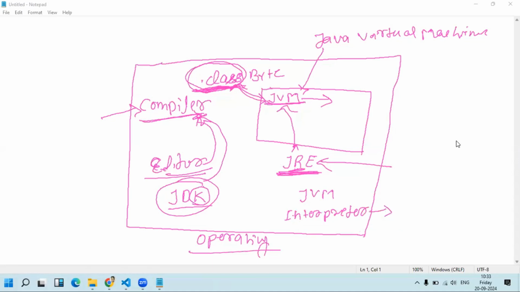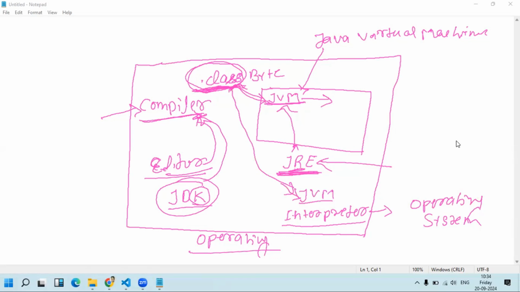The output will come inside the operating system. So whatever this JVM generates, the operating system will show up to the user. So here we have the interpreter and here the operating system. It takes the .class file line by line and executes the line.